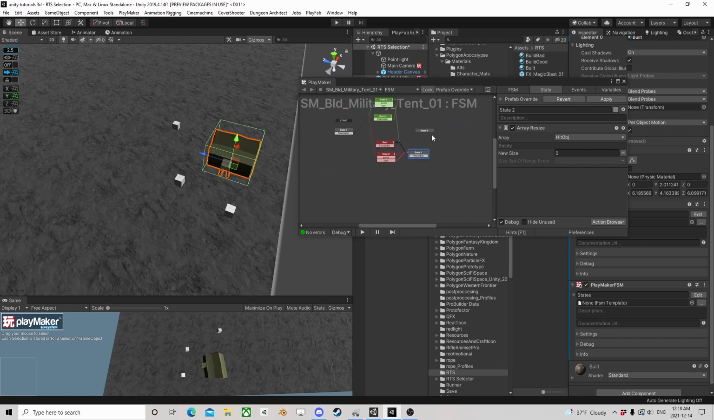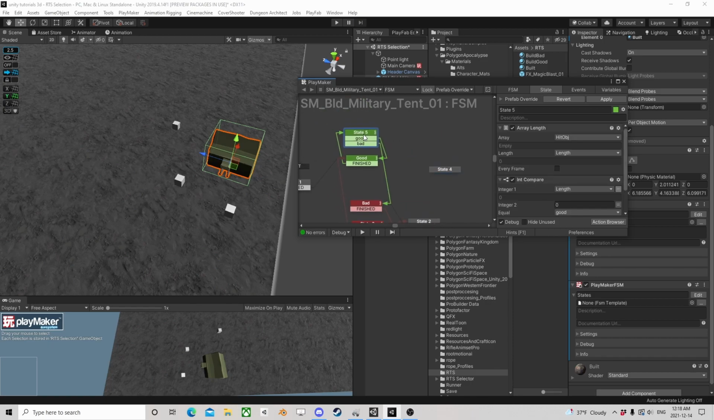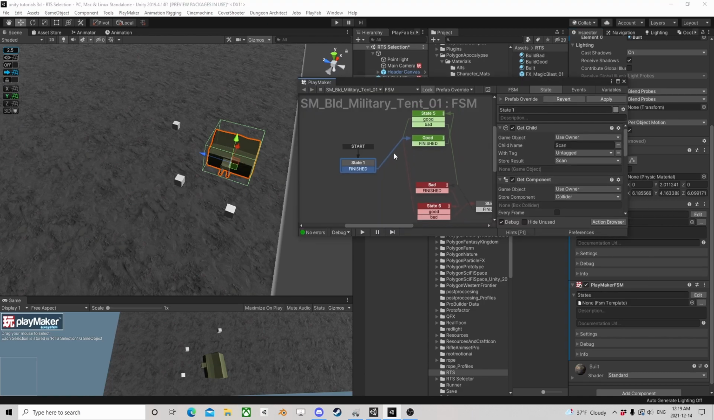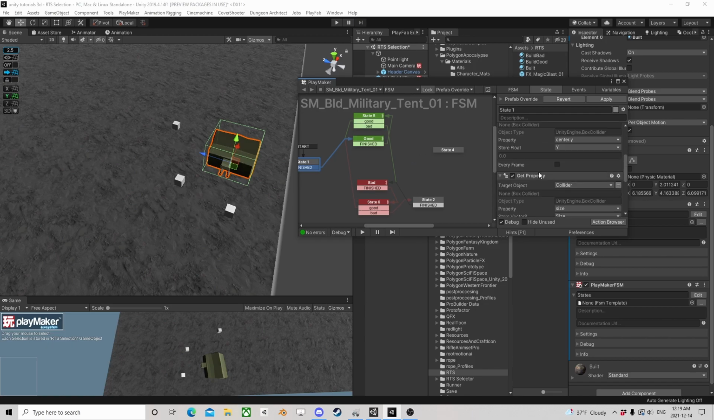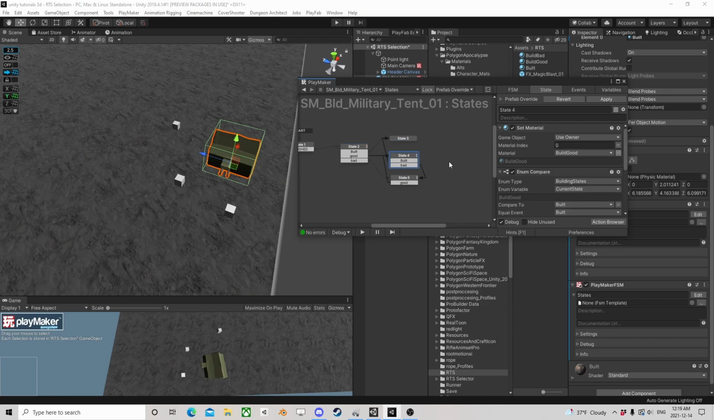So, with that said, we need a build, right? So we're putting this logic on this tent itself, which I wasn't planning on doing that. I was actually going to make a manager to do all this for us. But I wanted to show you all this. I don't know if I should just keep that way. Right, so we have the building states, and we have those. So what we need is,